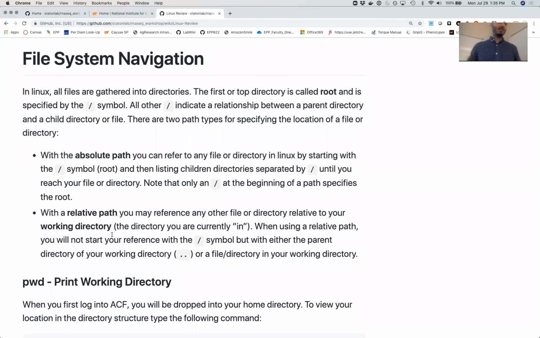I think one of the most important things we have in the Linux system is the file system. How do you navigate the file system? How do you know where you are? How do you find files? All of that information. And I think the chart we have